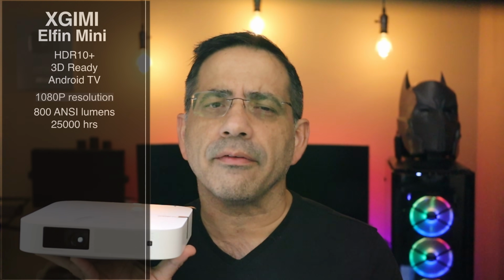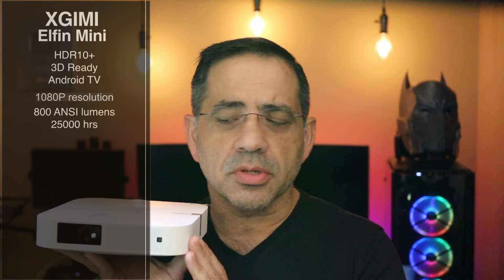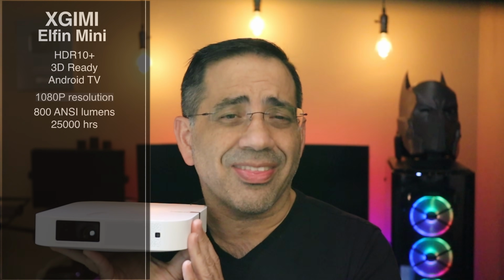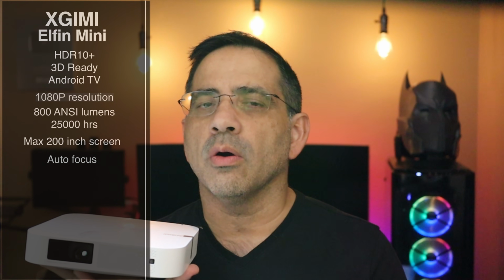You're also looking at 1080p capability, 800 ANSI lumens, which means that it's probably going to have a hard time in bright rooms, but if you have dark rooms, if you have a great screen, the images are going to pop, and you can see that in these samples. You're talking about also worry-free, maintenance-free type lighting. 25,000 hours of viewing. That's a lot of viewing. Also, you can get up to a 200-inch screen. The screen that we're projecting here is a little bit over 130 inches, and you can see that the quality